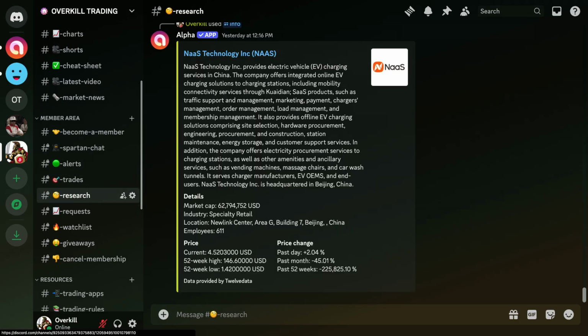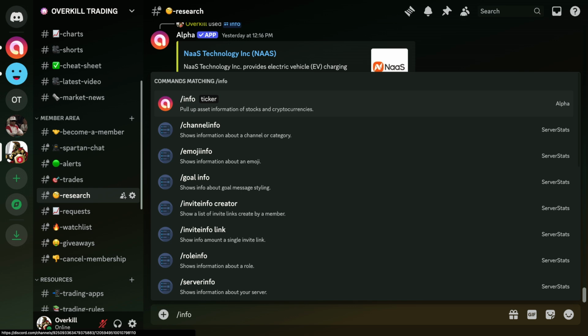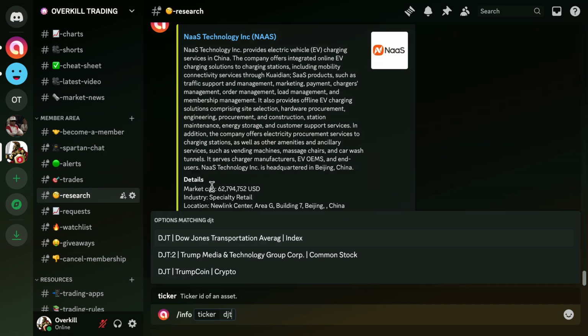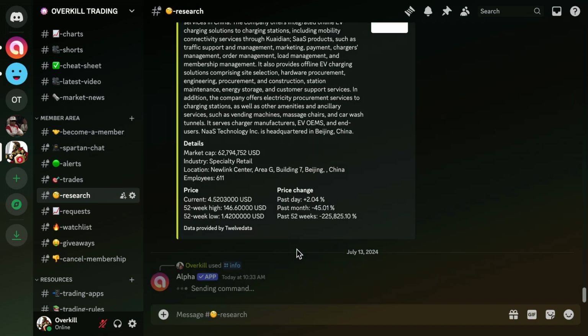If you come over here to our info research tool, you type in /info. If you're a member, you have access to this feature. If you type in DJT, okay, here's Trump coin. So this is actually the cryptocurrency that supposedly Barron Trump has created, and I'm also an owner of that as